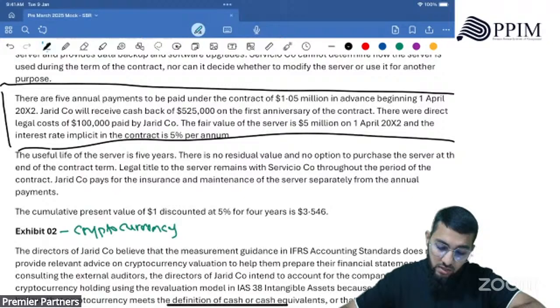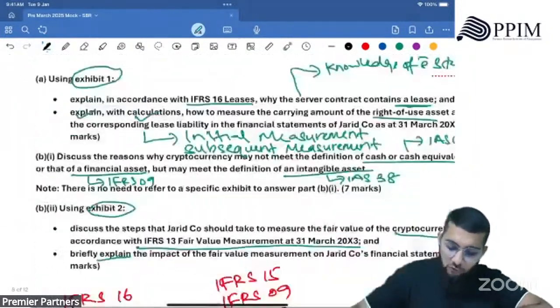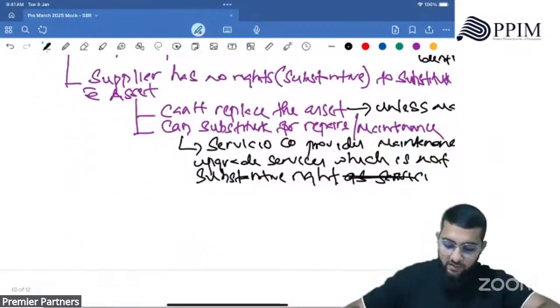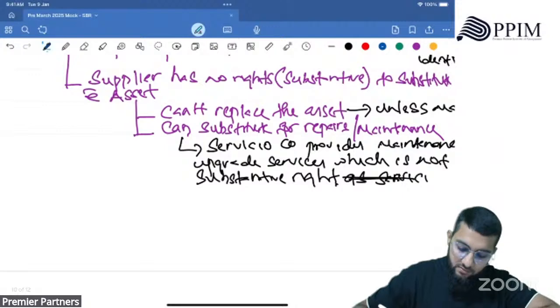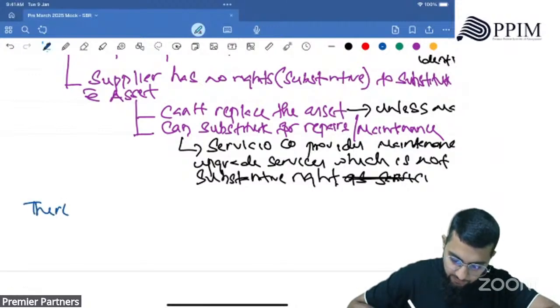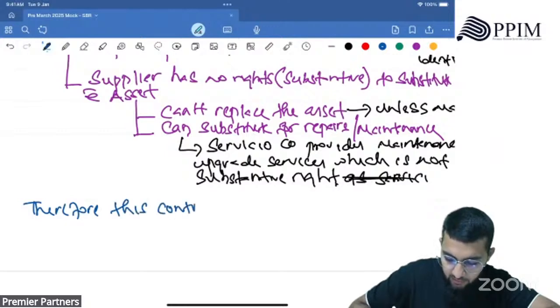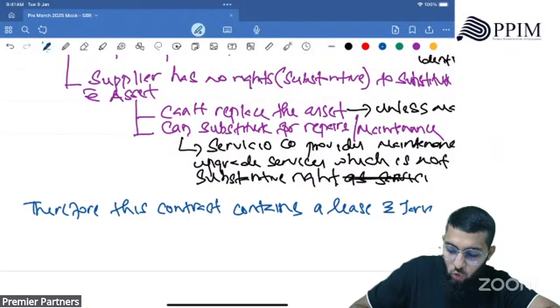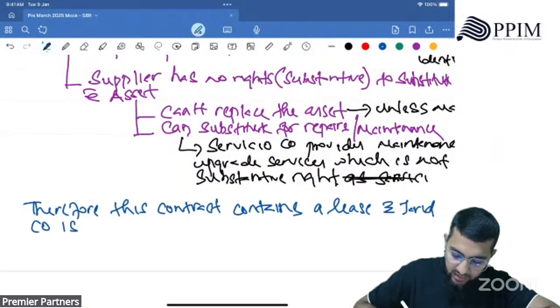Jaritco pays the insurance and maintenance of the server separately from the annual payments. There's a separate payment that Jaritco makes for insurance and maintenance also. Therefore, you can give that knowledge part, explain the definition, give all the definitions, and then you can say, therefore, this contract contains a lease and Jaritco is the lessee,